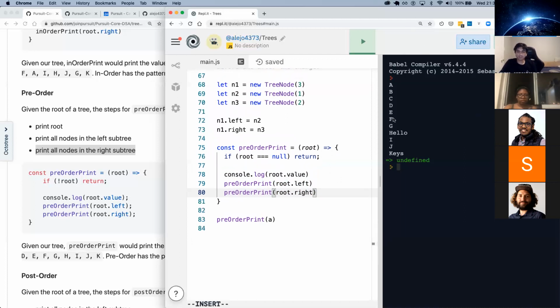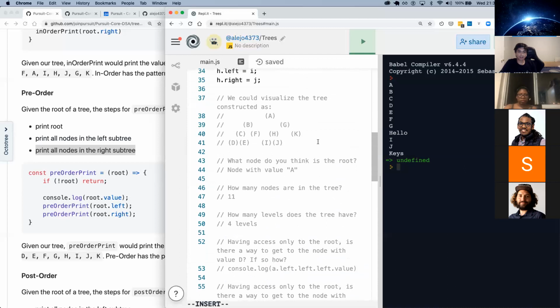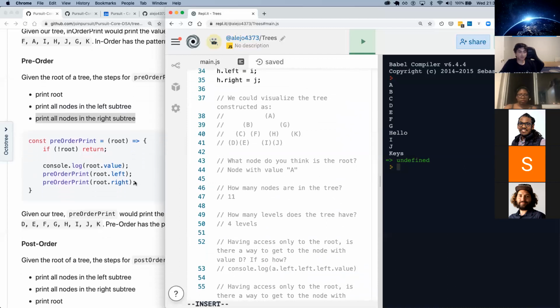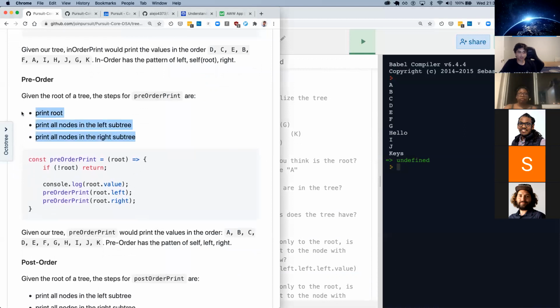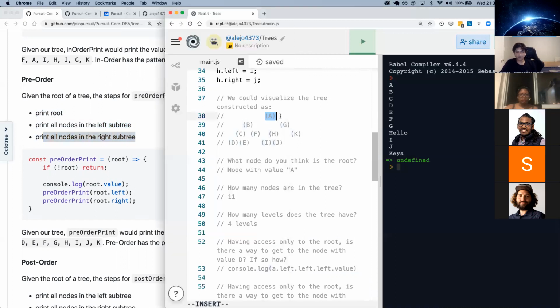The order in which this was printed is important. Let's analyze that here. You can see that this goes back to what we said here. Look at this description: print the root, then print all nodes in the left subtree, then all in the right subtree. Let's take a look at this visualization. We have A at first, and it says print the current node or root node, and then print everything on the left subtree.